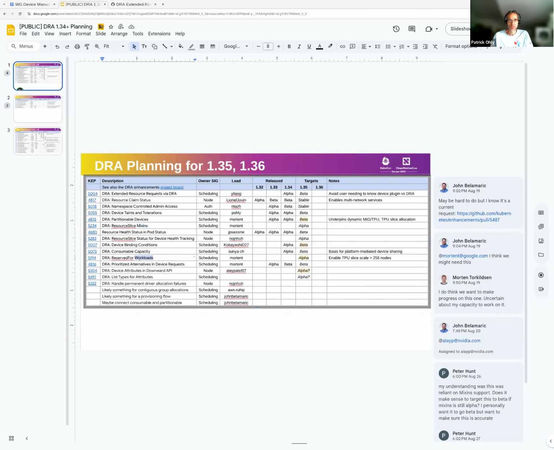There is interest, and I think that is the one that might interest you most, reserved for workloads. That's the question of how core Kubernetes components like the resource claim controller, the one that is responsible for deallocating a resource claim, can track ownership or usage of an allocated resource claim by more than individual pods? So that goes straight to a question of how to do gang scheduling.